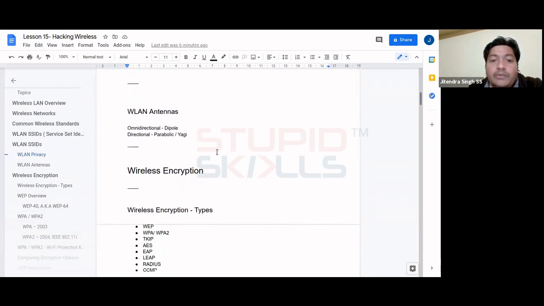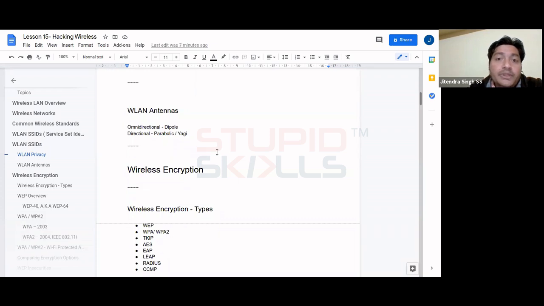So with respect to WLAN antennas, there are two types. One is called omnidirectional. They are like dipole antennas. You would have seen that there's a rubber casing in which a dipole antenna is normally kept, and it looks like an antenna which used to be there on old big wireless phones. Okay, let me just